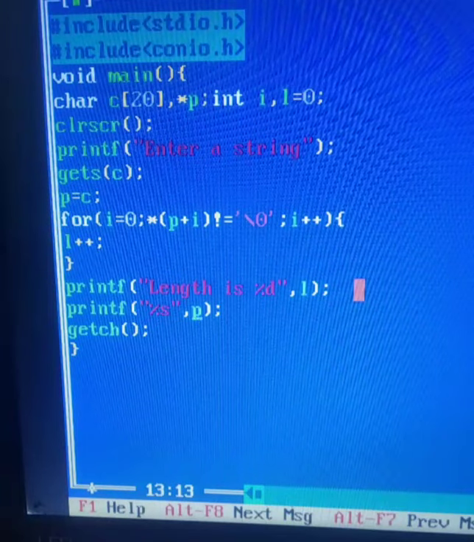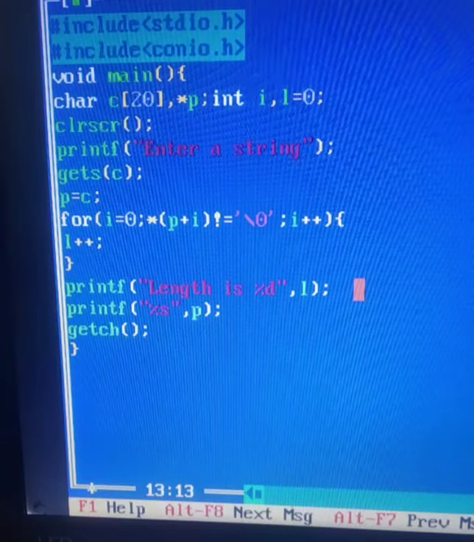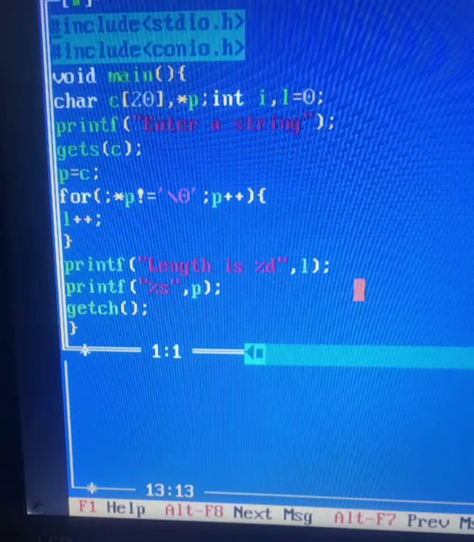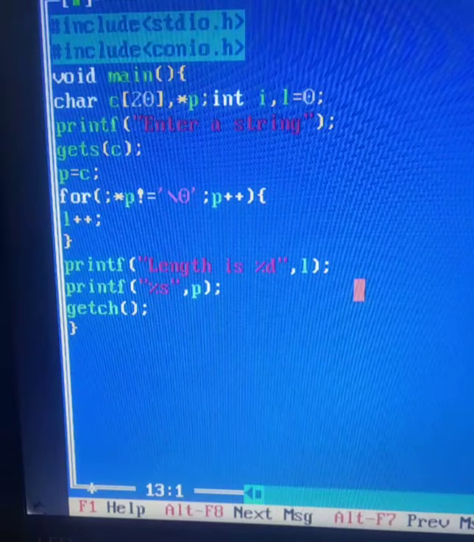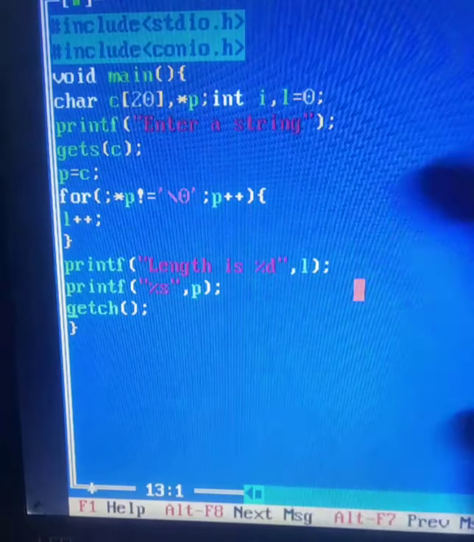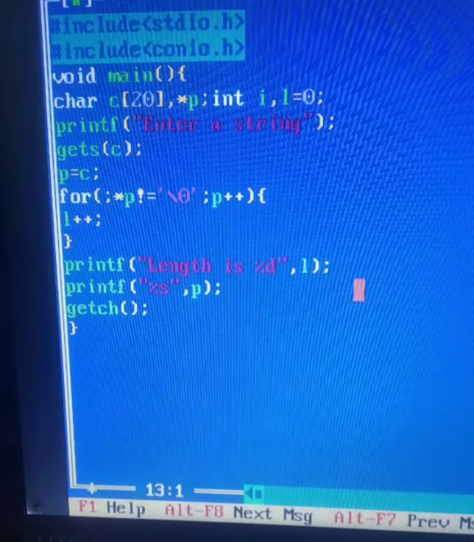It was only with the help of the i loop that it was extending itself, picking up that value and coming back to the 0 position. But in the program which I have shown you just now, p is permanently moving to each and every location and ultimately it will land on the null character position. Right?